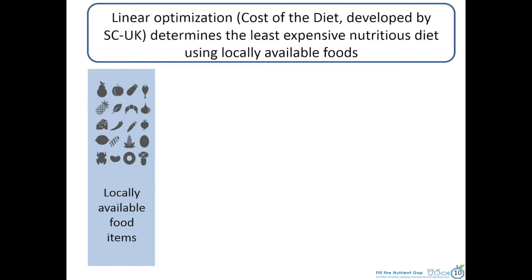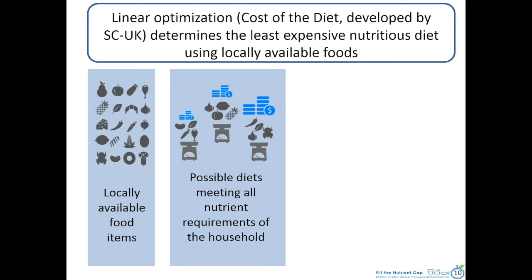When we do the cost of the diet and the linear optimization, I'm going to quickly explain how it works, just to explain the process through which we go. So linear optimization basically works based on all the foods that are locally available in different markets in a particular context. And we look at the different possible combinations of these local foods to meet the nutrient requirements for a model household